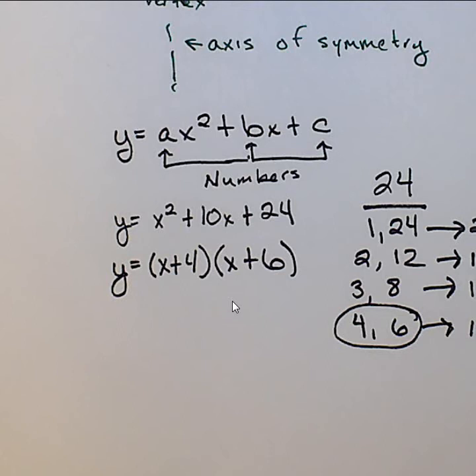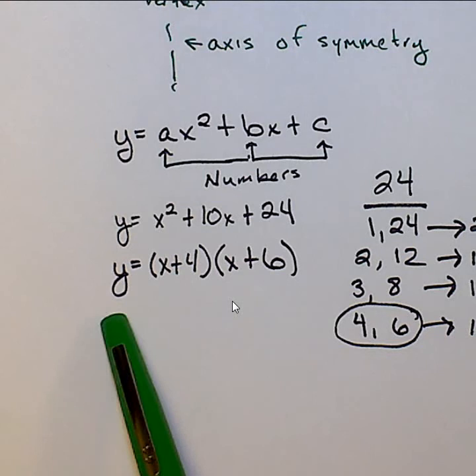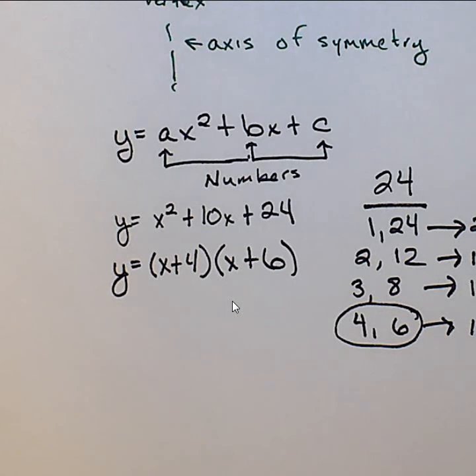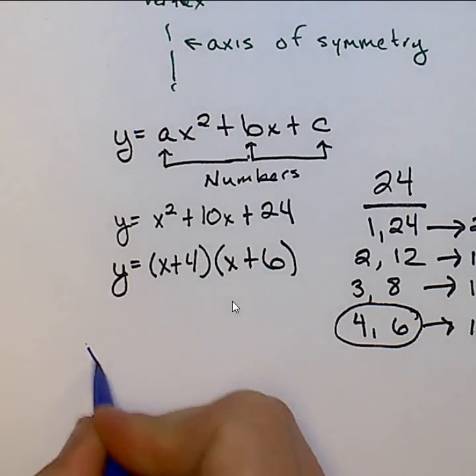What is 0? The y value is always 0, okay? That's very important in being able to figure out what my zeros are for a quadratic. If I know that my y is always 0, when I'm looking at my x-intercepts, actually I'm going to use a different color pen because that one's dying. My x-intercepts,